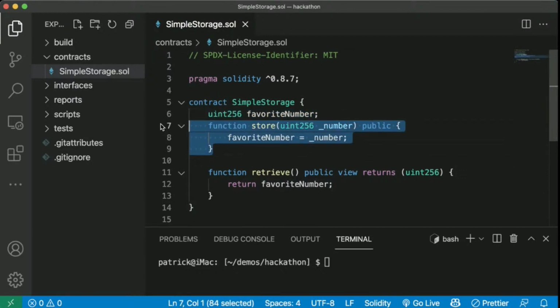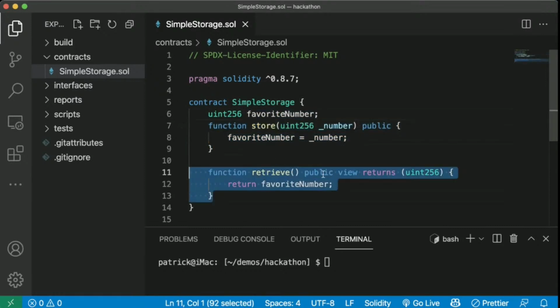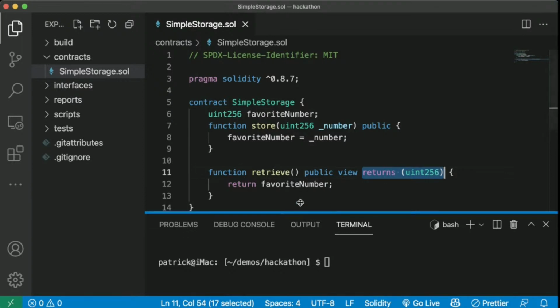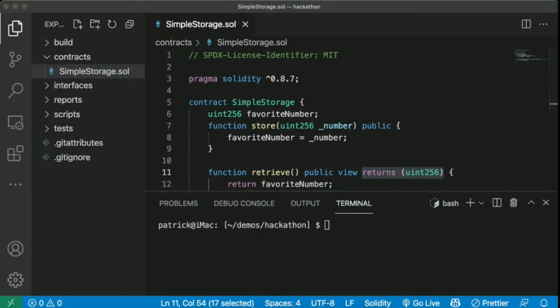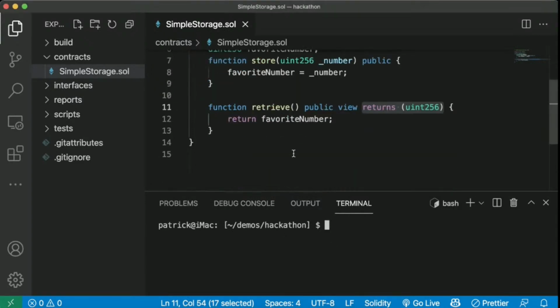We've got a store function which stores some value to favoriteNumber, and we've got a retrieve function which is a public view function, meaning we're just reading off the blockchain, which will return that uint256, and that's it. Yep, thank you. It says numer.